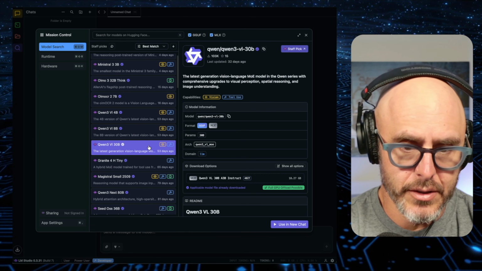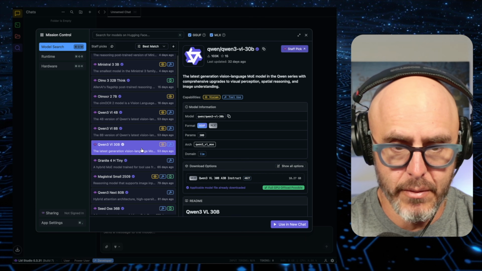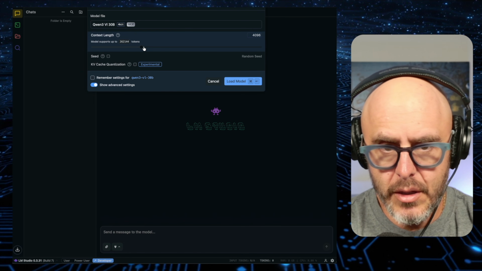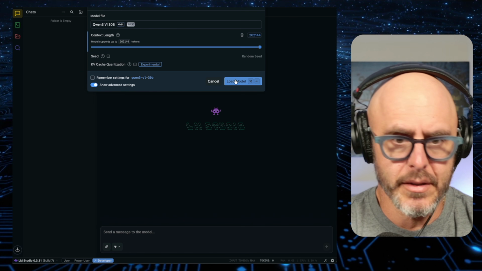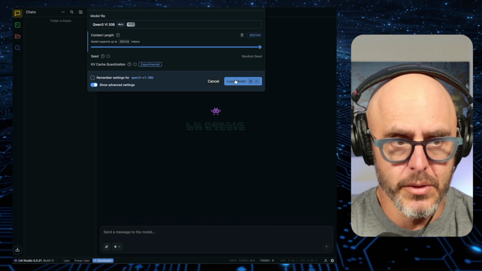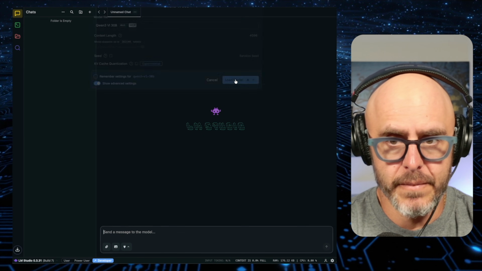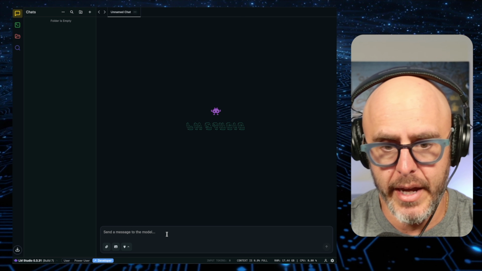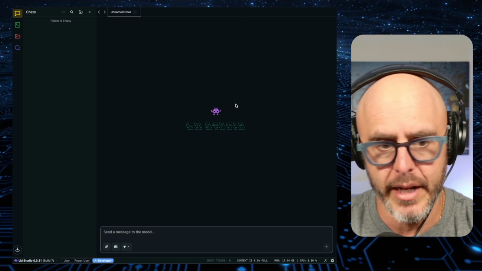So the model we're going to use is Qwen 3 VL 30B. So we're going to use that one in a new chat. You want to turn your context window all the way up. That's important for tool use. So let's start. Okay, so we have Qwen 3 VL 30B loaded now, and basically now that it's running in memory,